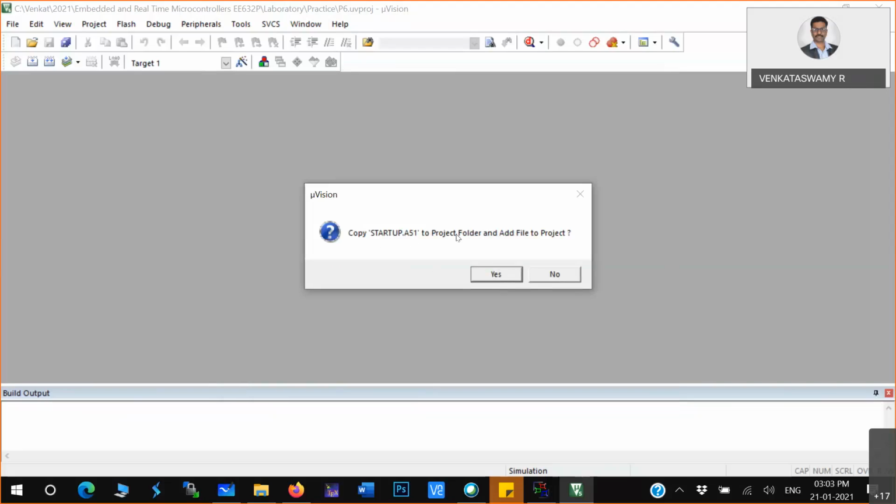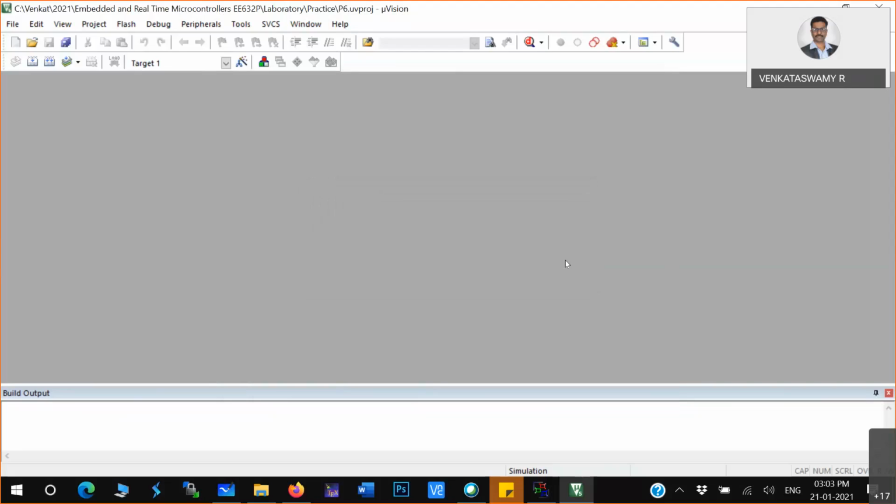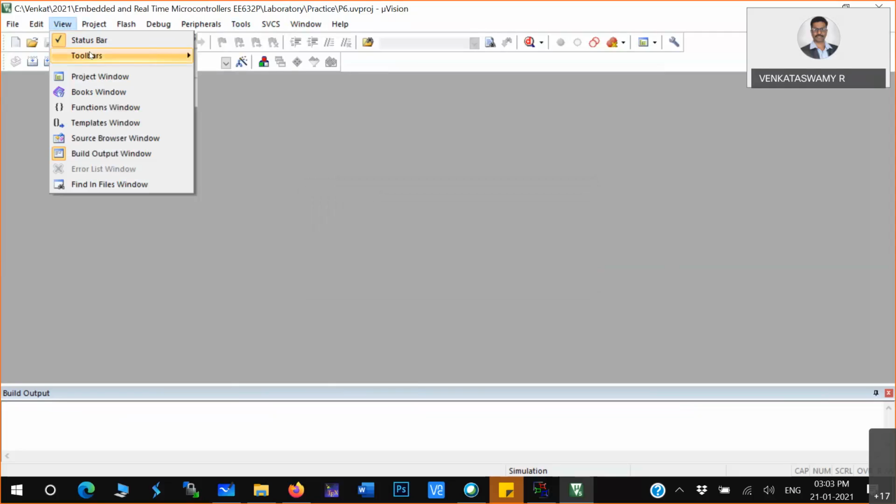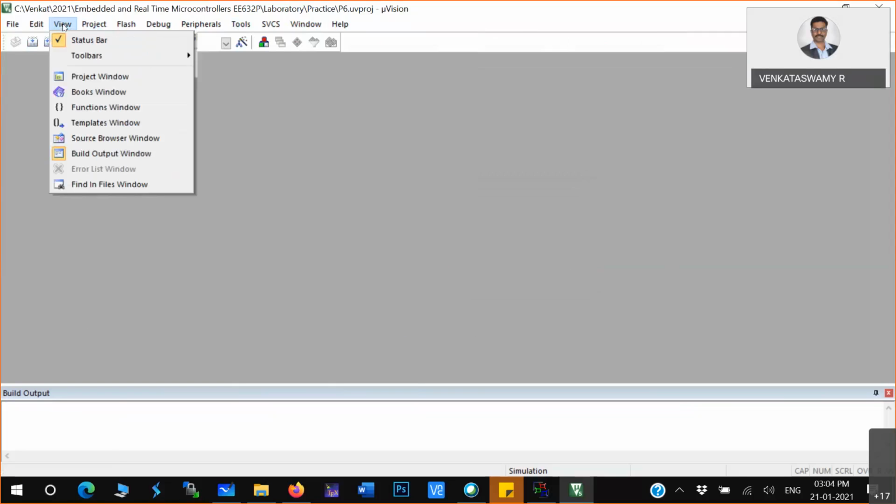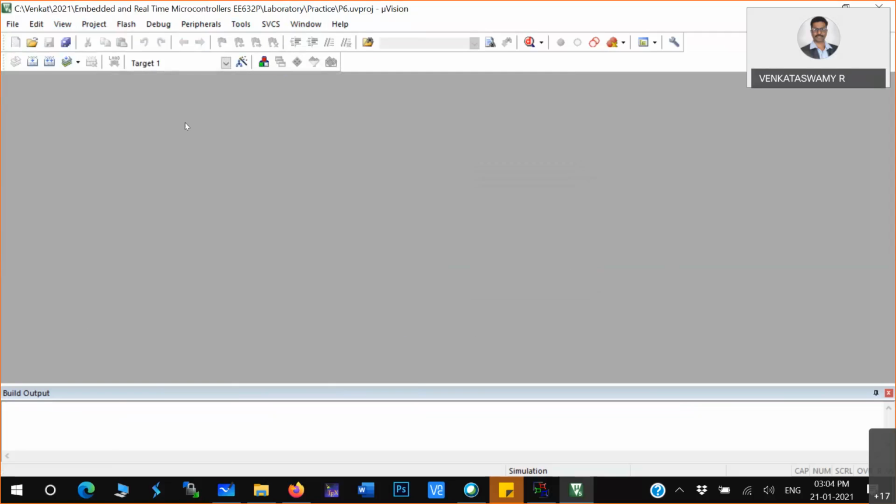Whether you want to add a startup program, try to select No. Then just view the toolbar, like where that file system went, the file toolbar.